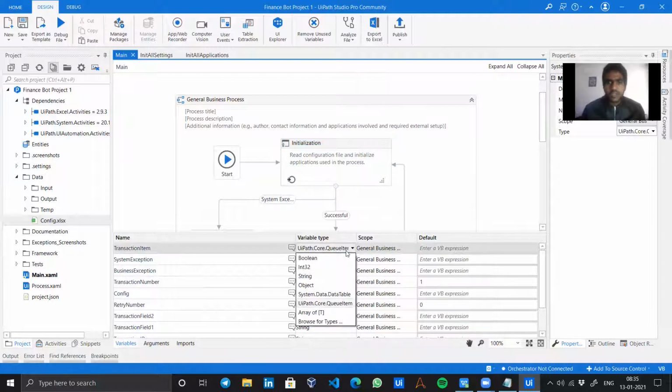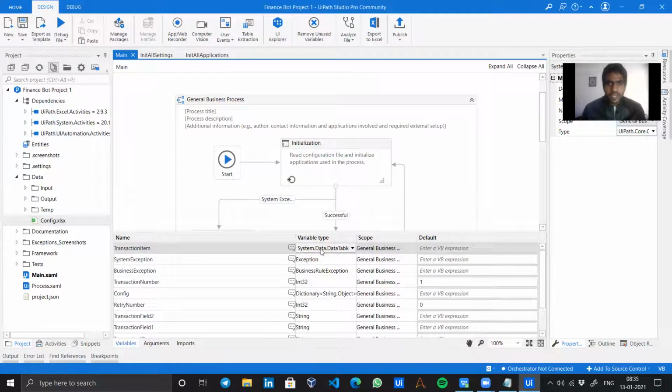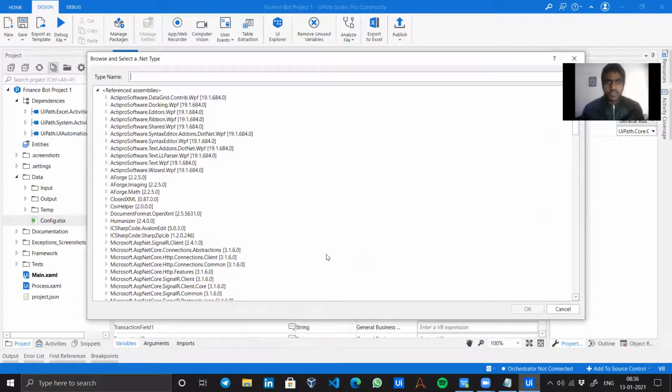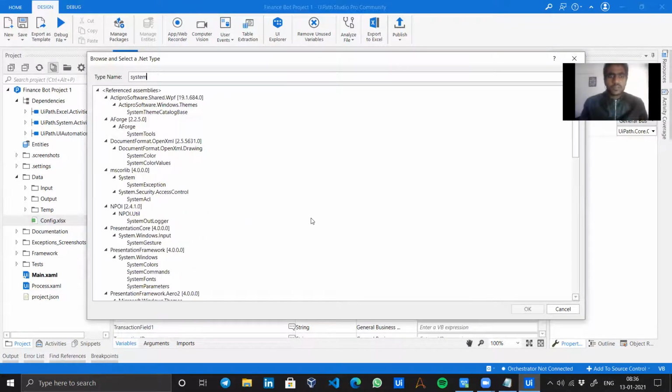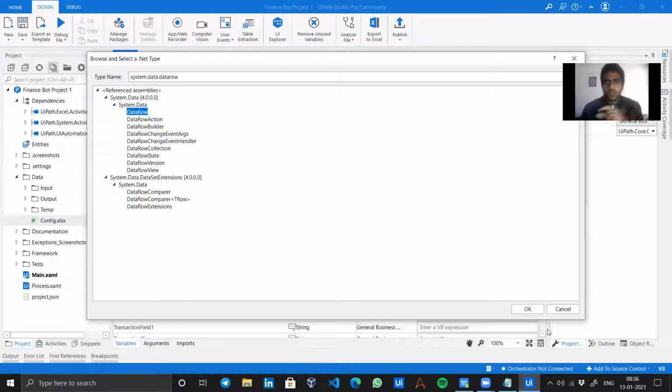Just click on variable type and select System.Data.DataTable. And transaction item, what is it? Our data row. So it should be System.Data.DataRow. Transaction item is a particular row on which we want to perform our operations.